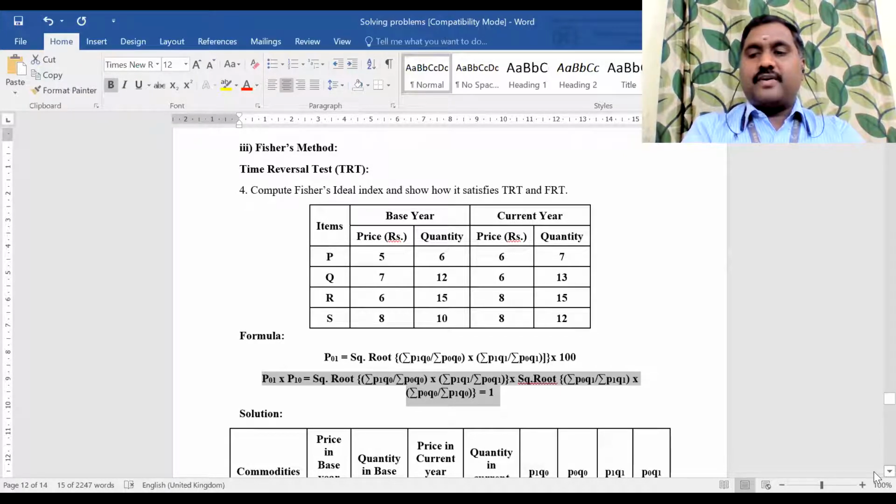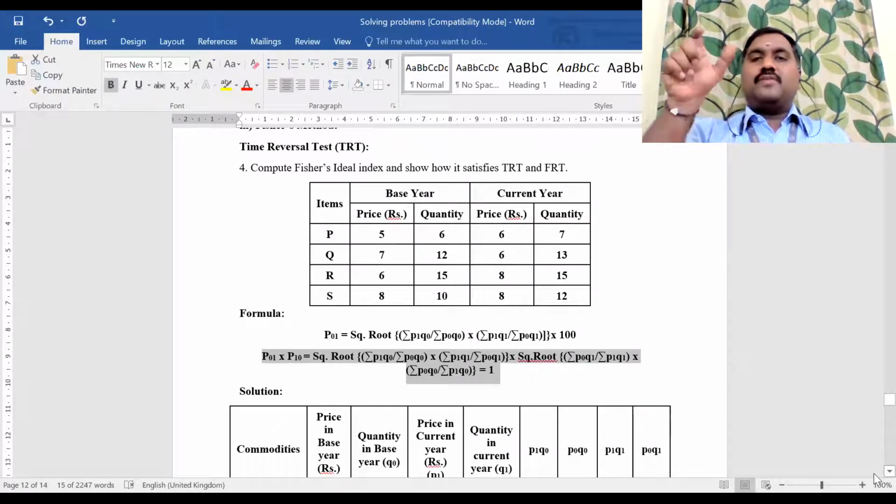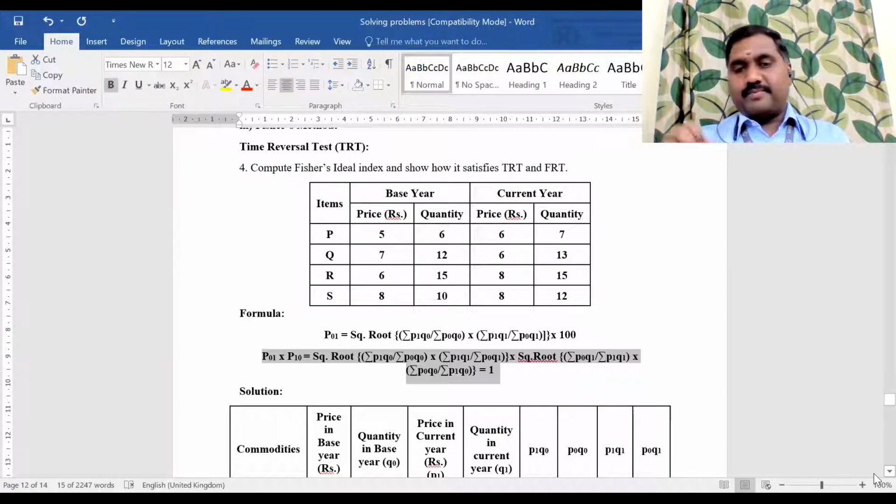And then the next one is the FRT formula. If you substitute in the FRT formula, you should prove it is equal to summation P1 Q0 by summation P0 Q0 value. Okay, you copy this problem and start doing it. You need to work out both FRT and TRT and tell me. After calculating P1 Q0, P0 Q0, P1 Q1, P0 Q1, it's very simple to do the problem. It will take hardly 2 to 3 minutes to calculate these four combinations. After that, just substitute in the formula and get the value. So there is no difficulty in solving this problem.